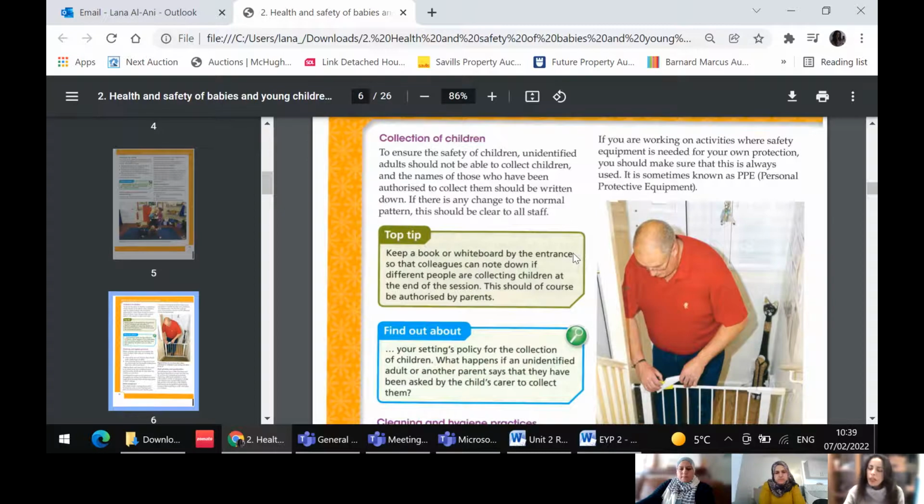So if one of the children, like his mother, is collecting him every day, and suddenly someone else you don't know comes, you wouldn't give the baby. You would call the mother, or ask them to call the mother and speak to her and ask, are you happy for us to give the child to this person? Take permission from the mother. Otherwise, it would be a problem if you give the child to someone who might not even be related to the family. Or maybe related, but the mother doesn't want